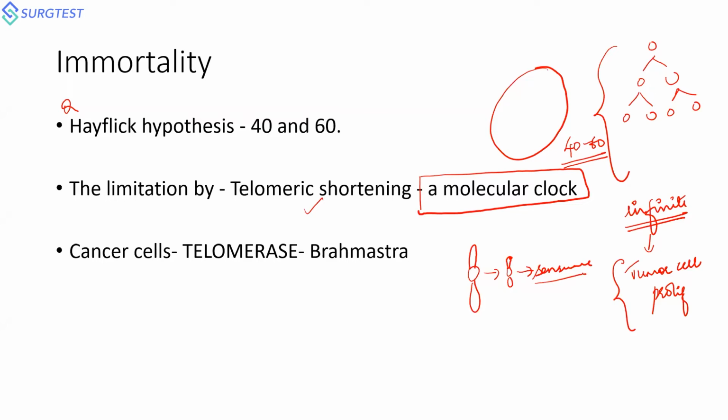How does the cancer cell prevent telomeric shortening? Because they produce an enzyme called telomerase, which will prevent progressive shortening. They use this mechanism of preventing the telomere from decreasing in length, so the cells continue to multiply, and that is how the cells become immortal. So if somebody asks about immortality of cancer cells as a hallmark, what is the underlying mechanism? The answer would be telomerase and telomere shortening.